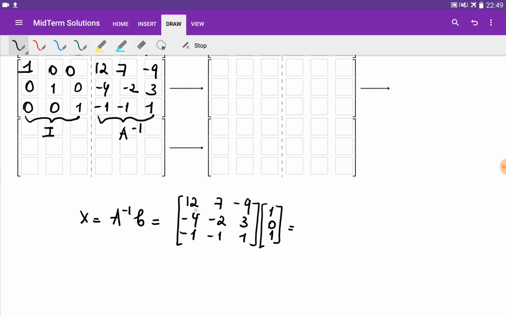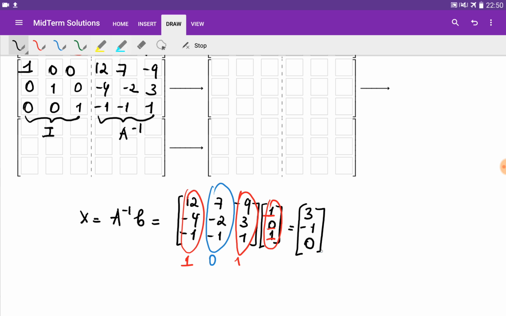I can multiply this as a linear combination of the columns of the first matrix. So I need to use this vector, right? It is going to tell me to multiply the first column of this matrix by 1, the second column of this matrix by 0, and the third column of this matrix by 1, right? 0, 1, 0, 1. So basically just add the first column with the third one. What we're going to obtain is 3, minus 1, and 0, which is going to be the solution for the system of linear equations. So let's consider